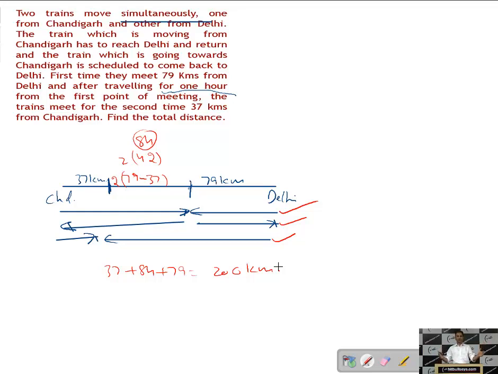In a swimming pool, two divers dive from opposite ends. First time they meet 200 meters from one end. After 50 minutes they meet for the second time 100 meters from the second end. Find the length of the swimming pool. Or find the length of the river, two boats are starting. Different types of framing. But again, you have to remember, when two bodies are covering three distances, the middle distance will be twice the difference. Clear, students? Now next question.